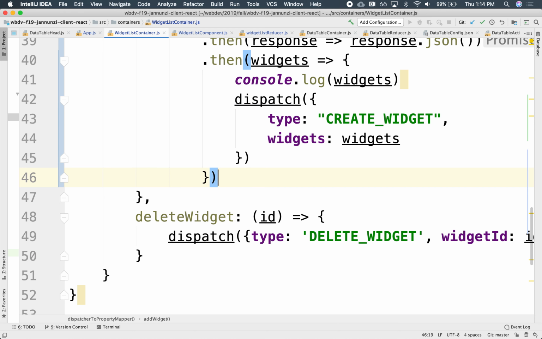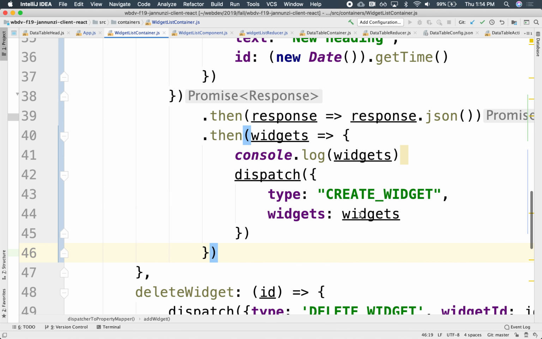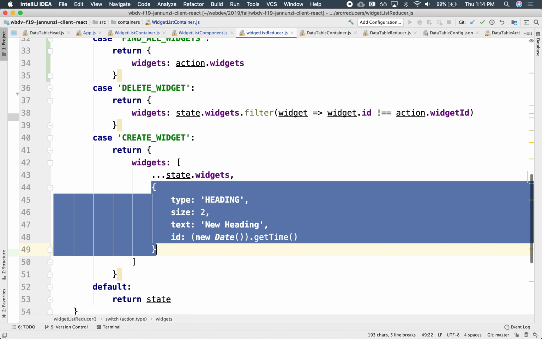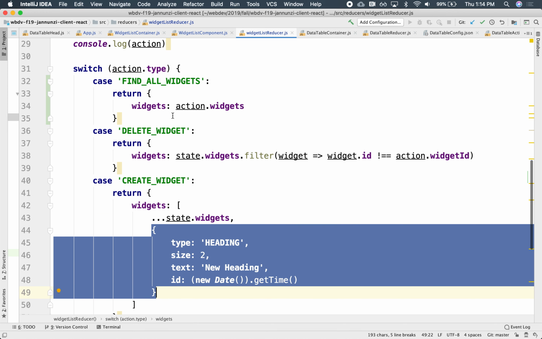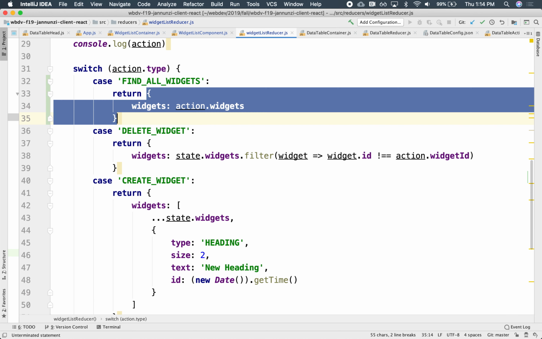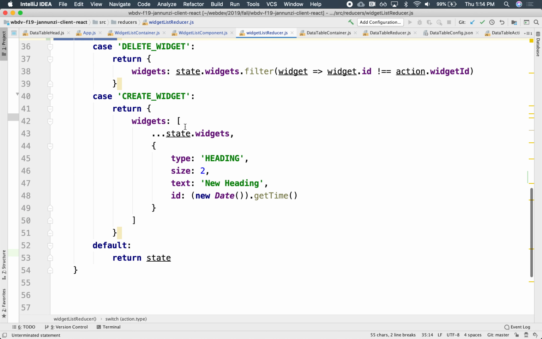So we're going to do a dispatch, and we're going to send a create widget. The create widget is going to pass in all the widgets that come from the server, and in the reducer, the create widget is going to do the same exact thing that the find all widgets is doing,